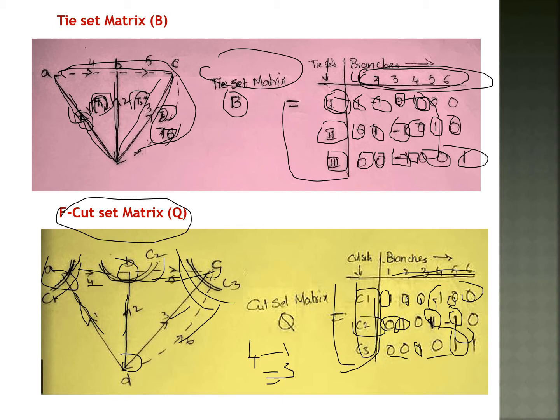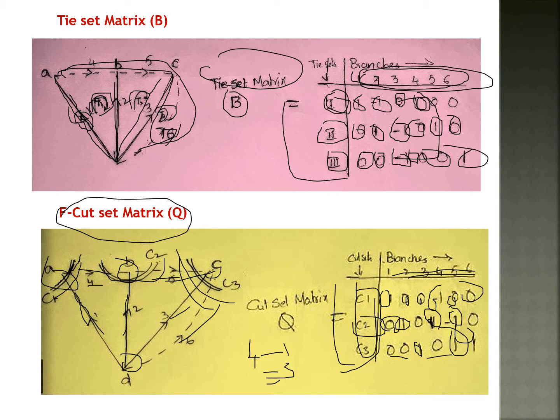Hi all. Today I am going to discuss the tie-set matrix. What is a tie-set matrix? We take the current directions according to the branch directions. As we already know, the graph is an oriented graph, which consists of arrow marks for directions, and it is represented in the same direction with the tie-set,